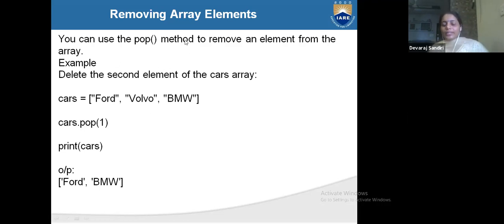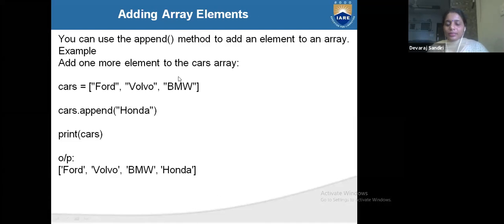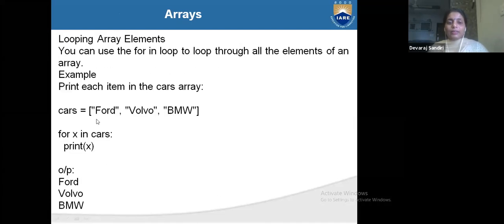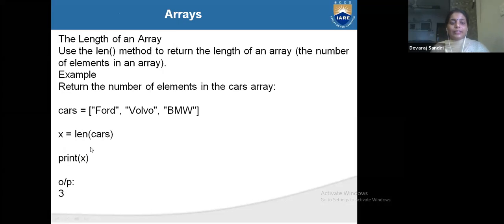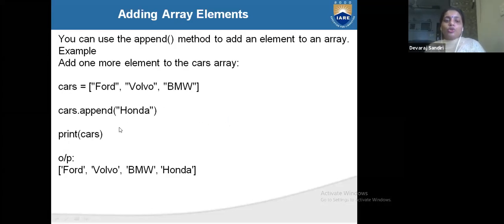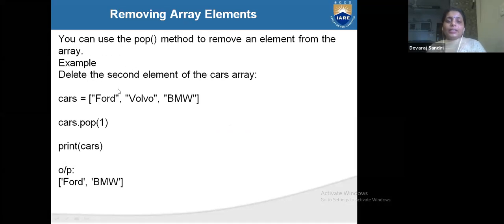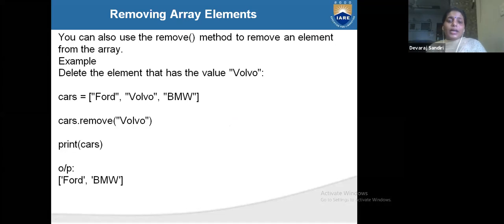See here what the methods are: length finds how many elements there are, append adds an element, and pop removes an element. Another method also there, remove. When you write the remove method, you have to write your element name inside it.